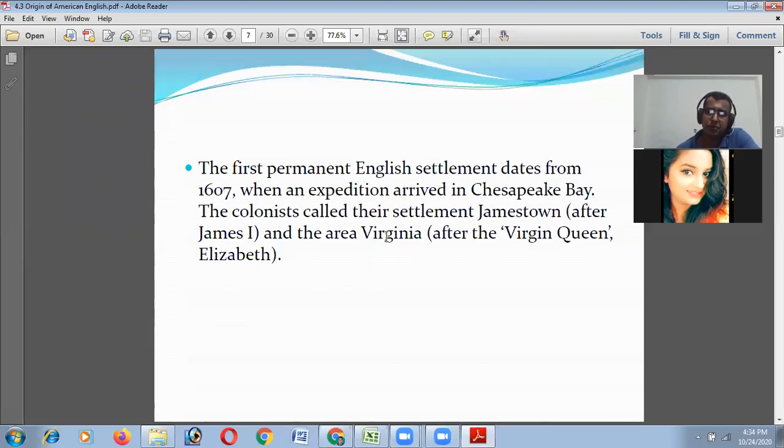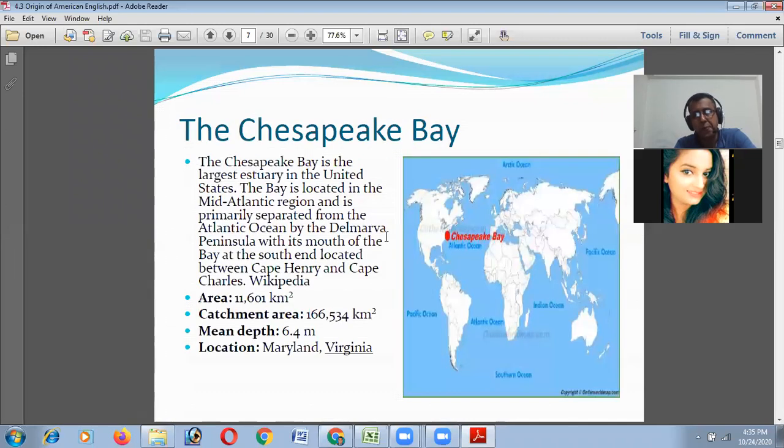And the settlement is also called Jamestown. This is the first English settlement in America. This is the Chesapeake Bay. Over here you see the Atlantic Ocean, Indian Ocean, Pacific Ocean. This is part of the UK here, and they went over there to the American continent and established their